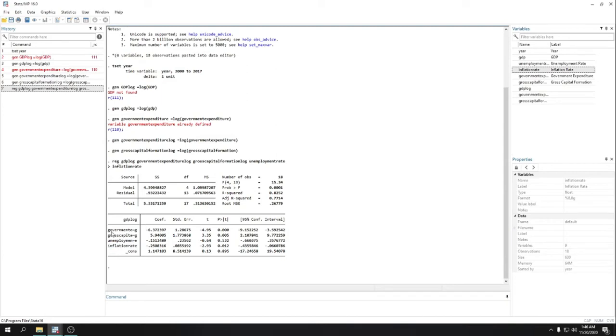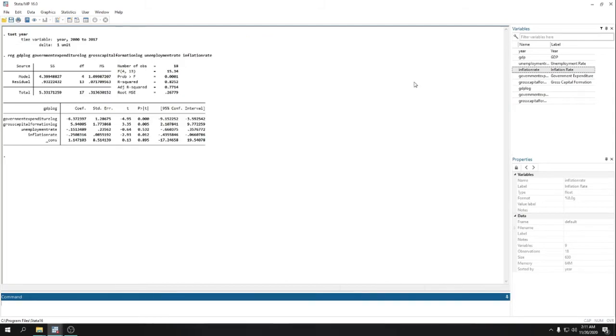So we can say that government expenditure, gross capital formation, unemployment rate, and inflation rate substantially explain 77% of the dependent variable or the GDP log from the years 2000 to 2017 ceteris paribus. So that's how we interpret the adjusted R-square.